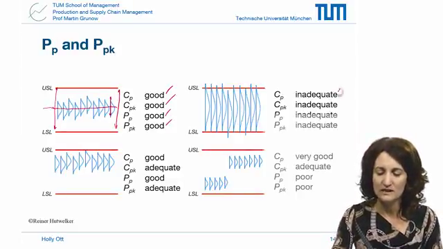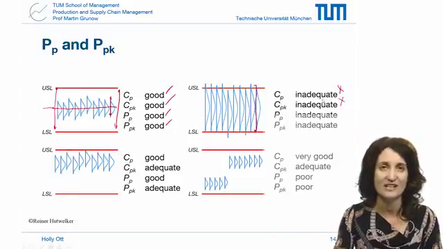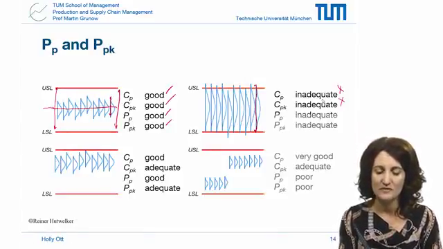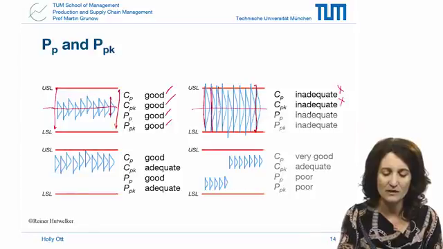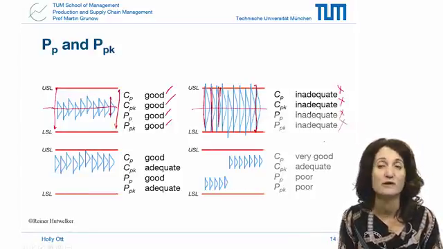In this one, we're seeing that the CP is inadequate. CPK is inadequate. CP, the variation is larger than the spec limits. And even though we're centered, the CPK is also going to be inadequate because we're also interested with the CPK at looking at the spec limits. Here, again, there's no change here. Every sample has about the same variation,